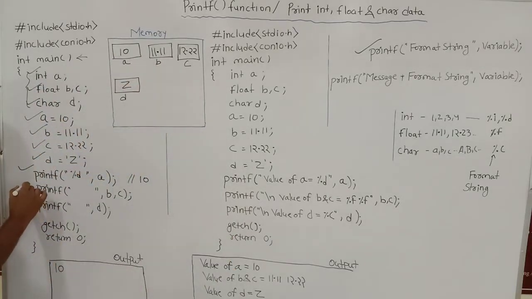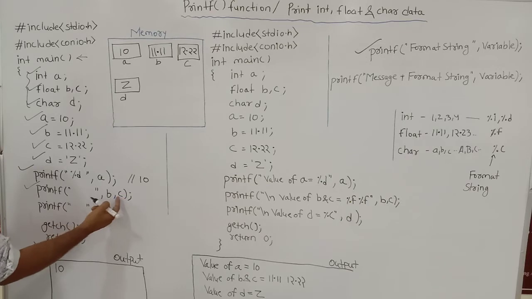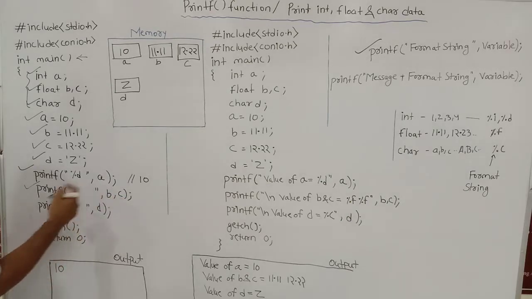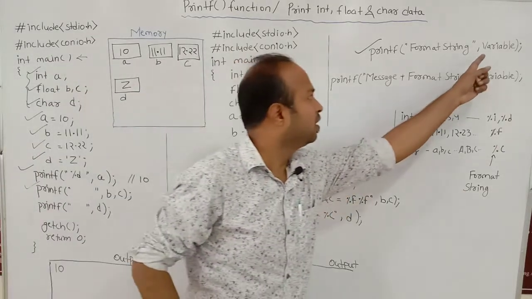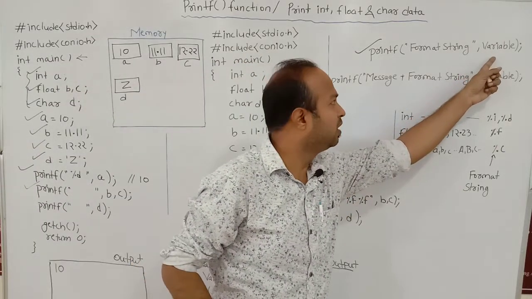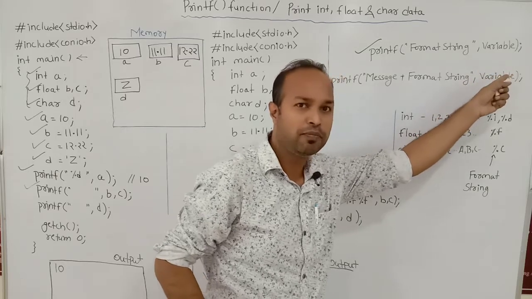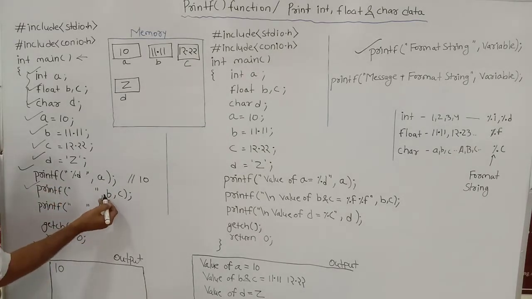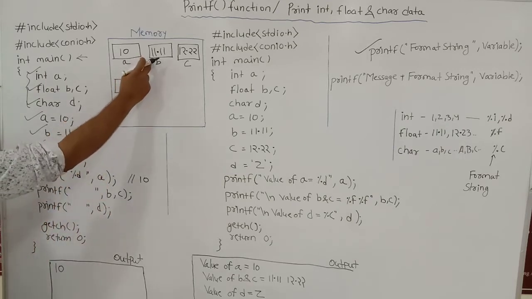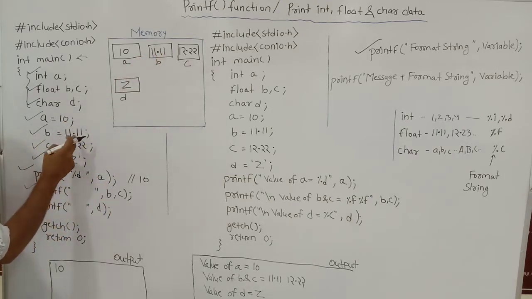Okay, when this line is executed, then the next line will execute. In this line we want to print 2 variables, b and c. This is our first format. We can write multiple variable names separated by commas. So here we want to print b and c, separated by a comma, and b is a floating data, as we can see here, where we initialized 11.1.